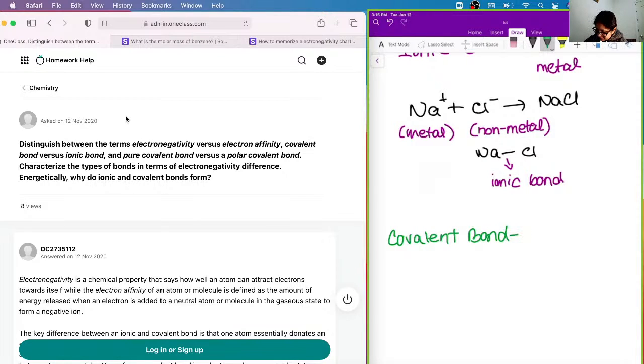And we know that a covalent bond is formed between two non-metals, right? Anything from group 4 and onwards. And so your covalent bonds are between non-metals. So for example, we can have